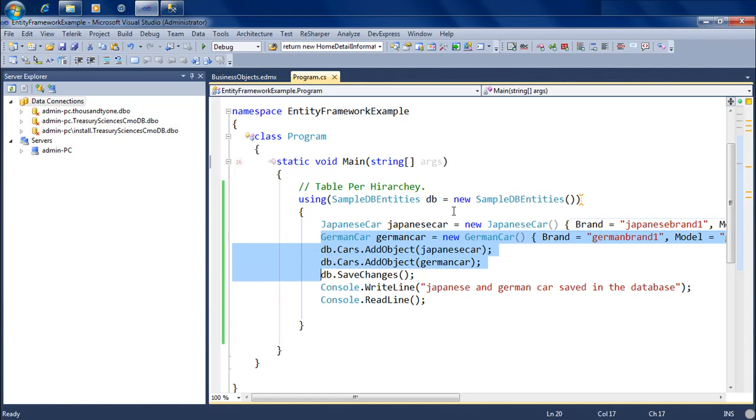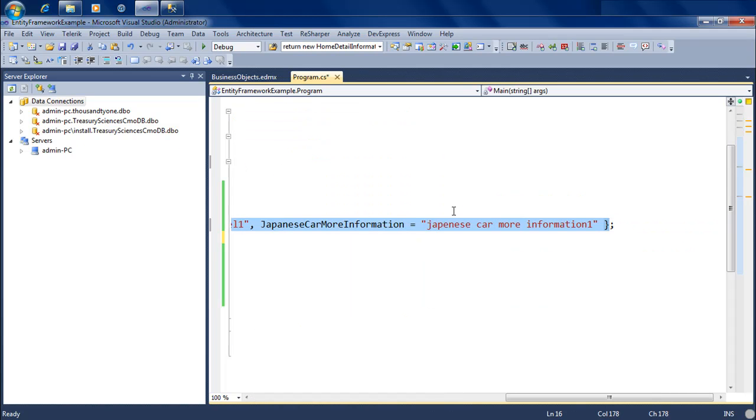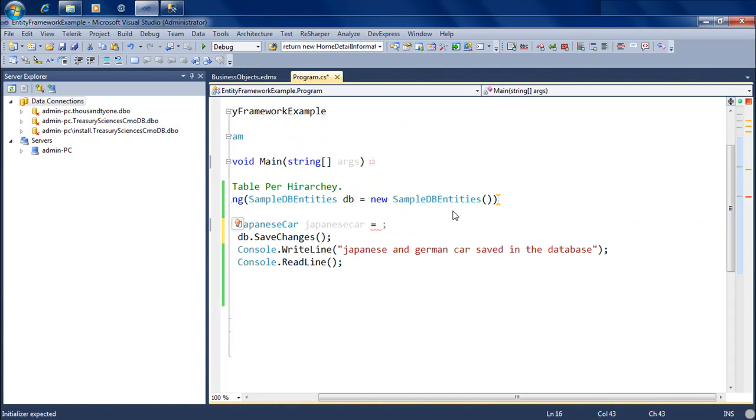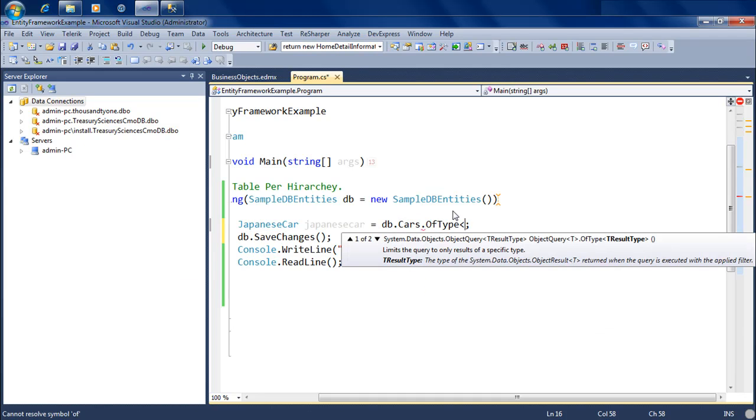Now let's say we wanted to get a Japanese car and change values inside it, exactly similar to the previous video where we got a Japanese car from the database. The way to get it would be db.cars, because of course we've created the Japanese car entity on the data model. It's not directly mapped to any database table, so we're just going to use the cars collection and say let's get a car of type Japanese car,